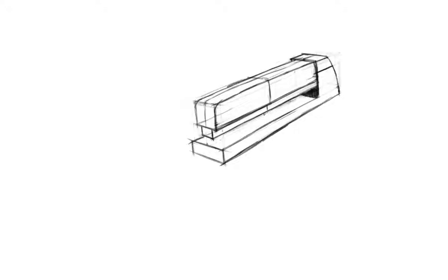Look at the way that one goes inward. And then we'll come back over and down and across the form. And it really helps you start to establish this thing as volume, not just as,